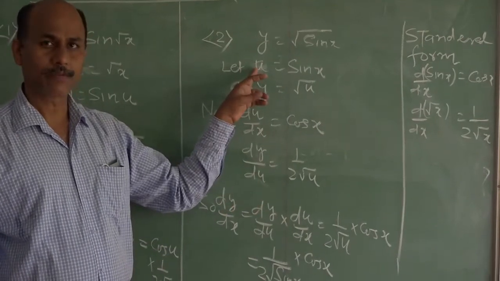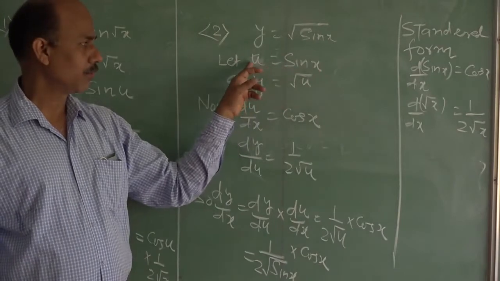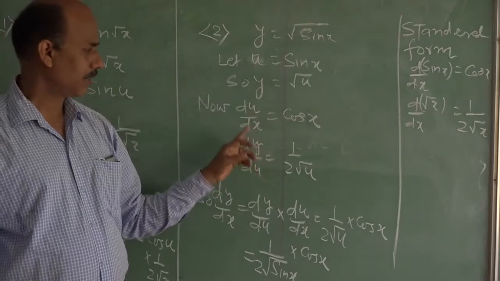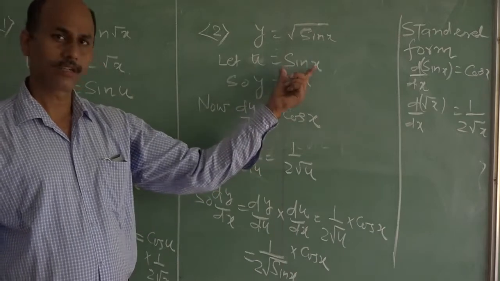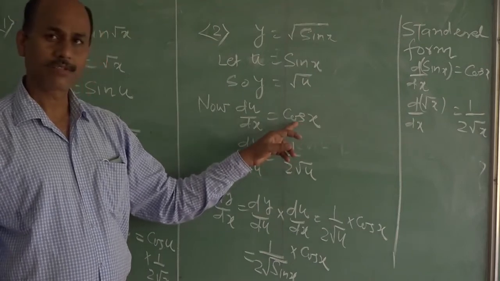So first I will start from here. The first one is u equal to sine x. So your u value depends on x. Differentiate it with respect to x. You can write du by dx equals the differentiation of sine x. You know that the differentiation of sine x will be cos x. That's why it is written there.